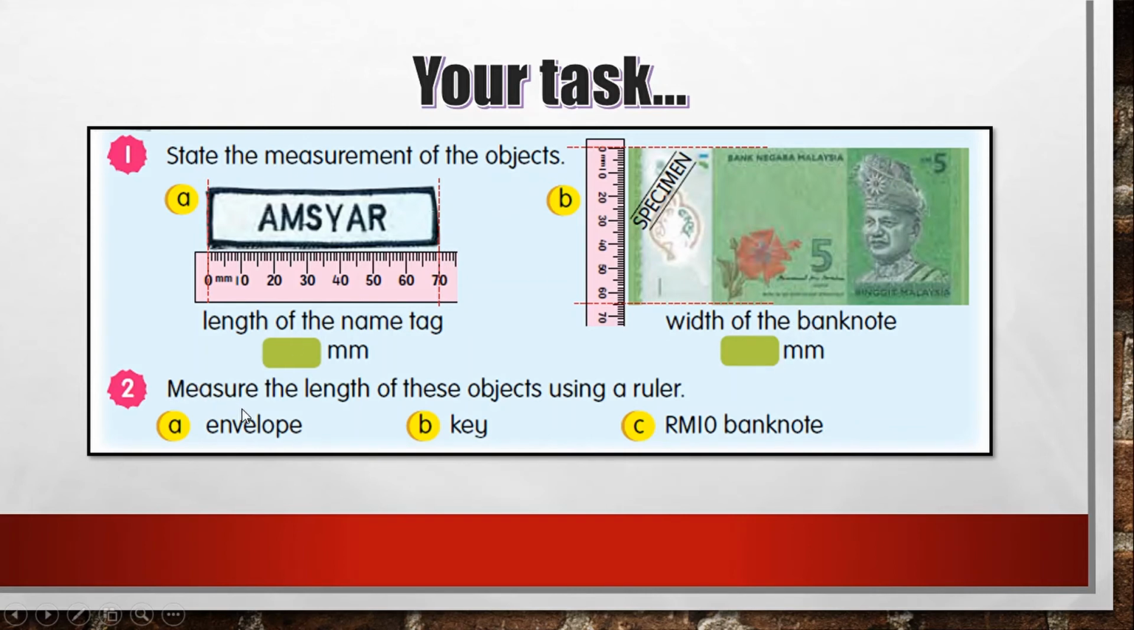And then number 2, measure the length of this object using a ruler. For this question, you have to find an envelope, a key and an RM10 banknote in your house and then measure the length. Look at the banknote here, the 5 ringgit banknote. Here is the width and here is the length. So you have to measure the length for